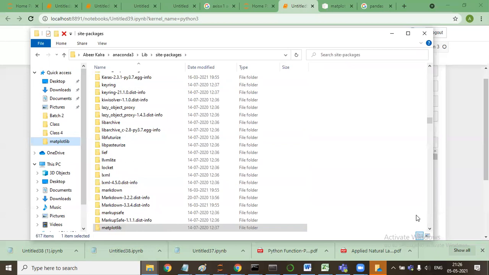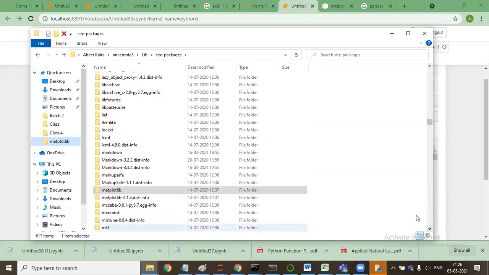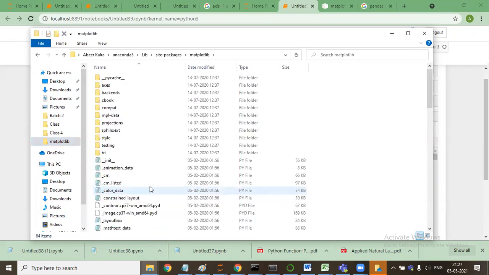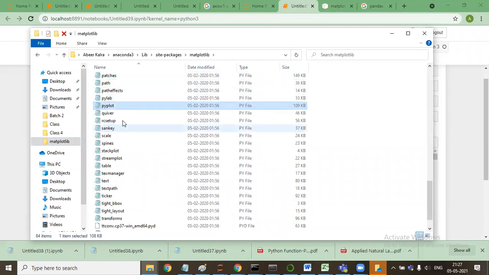Matplotlib library is in the Anaconda folder only. So if I say import matplotlib as ABC, then every time I have to say abc.pyplot, because the plotting capability is there in a file that is this pyplot. So when I said import matplotlib.pyplot as PLT, it has taken this particular file into my Jupyter environment, into my Python environment.